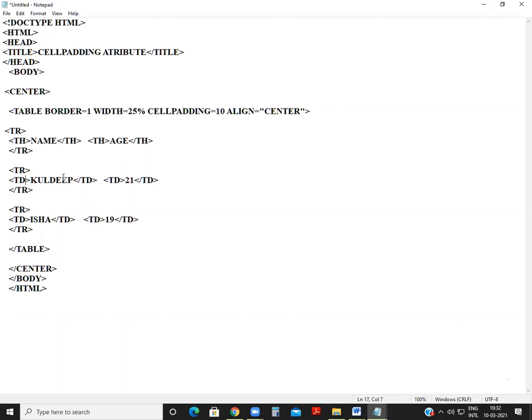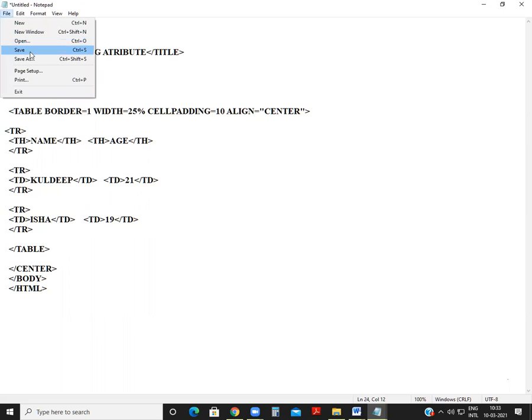If you write td, it will come in simple font. So in the heading we write table heading name, and in another table heading we write age, then table heading close, then row close. Then we create a new table row, and we put the data here: Kuldeep for name, and for age we write 21. Then again a new table row, then we write here Isha, then close this table, and so on.